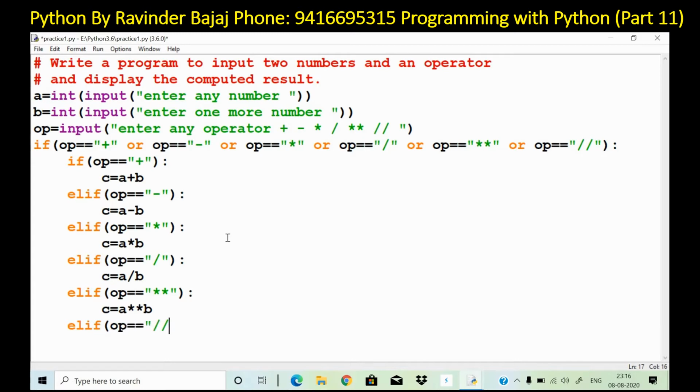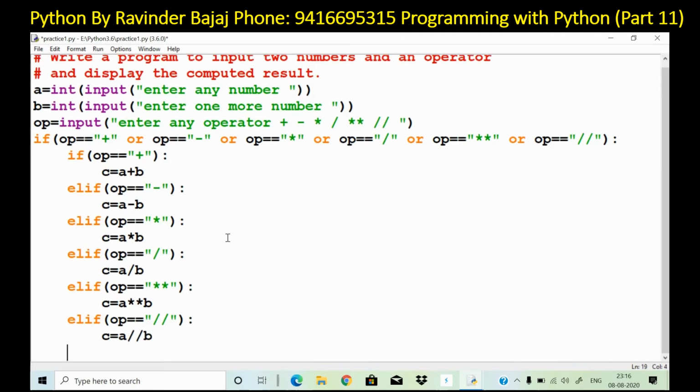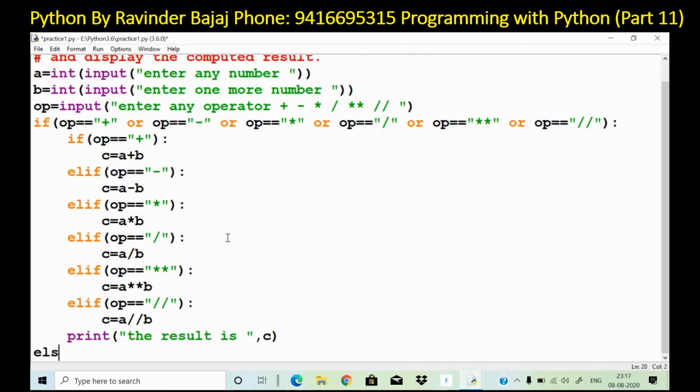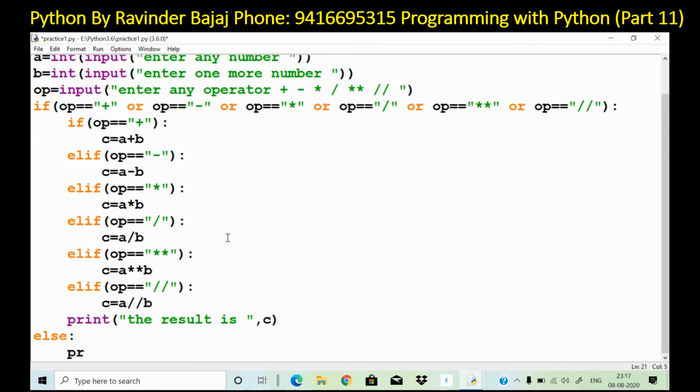Else if operator is equal to integer division, then c is equal to a integer-divided by b. Print the result is c. Else print not a valid operator.